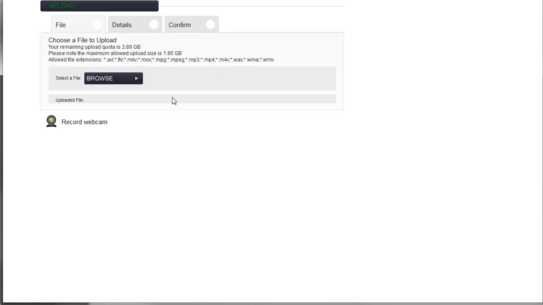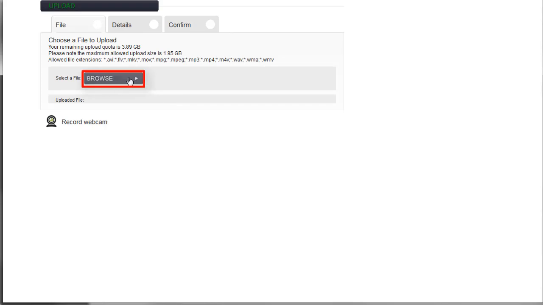Please observe the list of relevant information regarding your Medial account. Everyone has a 4 GB storage quota in their Medial account. When you upload a file, Medial will tell you how much space you have remaining. Also, although the maximum allowed upload size is 1.95 GB, you are encouraged to use smaller file sizes. Take note of the file types or extensions allowed with Medial. Large file uploads can take time, so be patient.